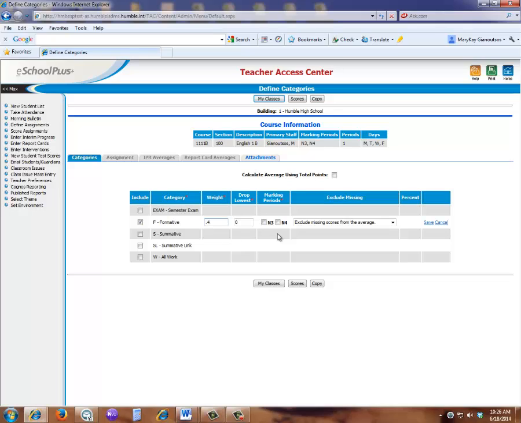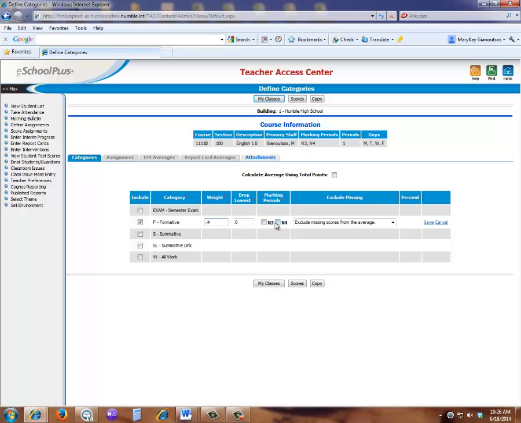weeks. So if I don't want my setup to be the same for both 9 weeks, I could select one of these. If you do mistakenly select one of these boxes, you will see multiple lines for formative and summative, so you'll need to go back in and edit your selections. Again, do not select either of these marking periods, and your setups will default to apply to both 9 weeks